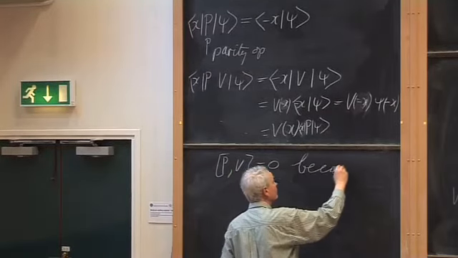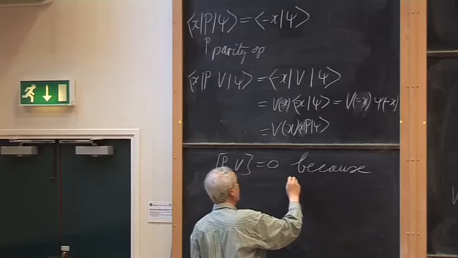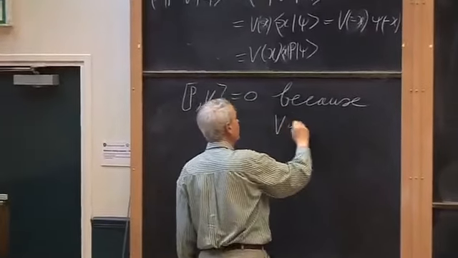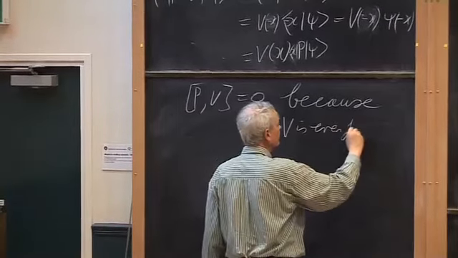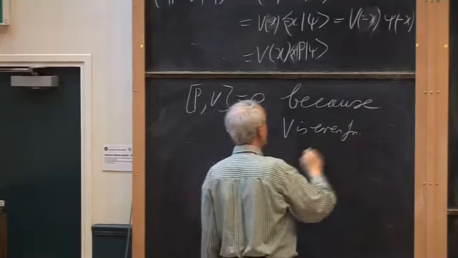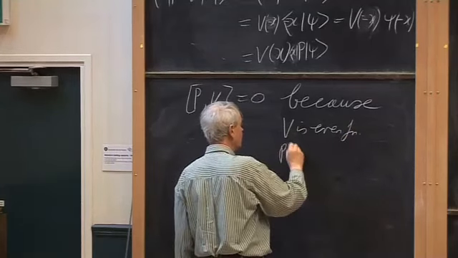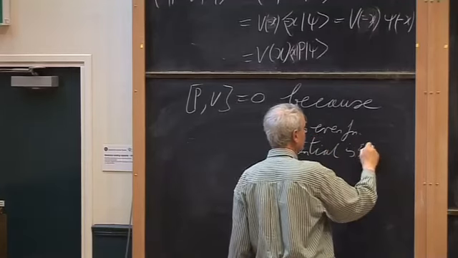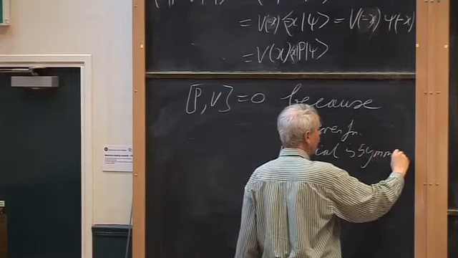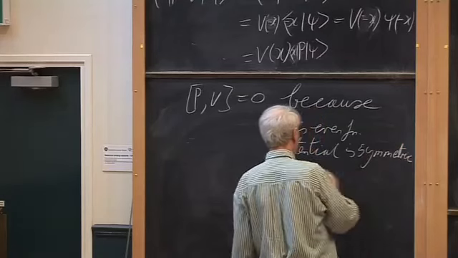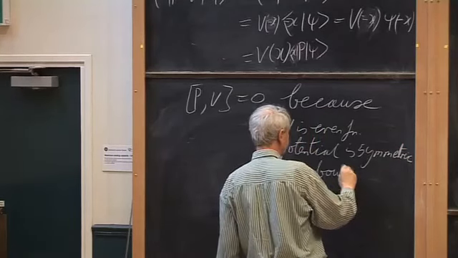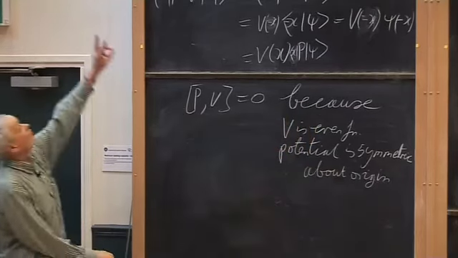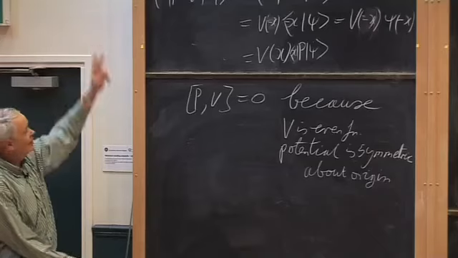Because this is rather a rigmarole, I have to admit. P commutes with v because v is an even function, which is a way of saying that the potential is symmetric about the origin. This is the bottom line. If you have a potential which is symmetric about the origin as an even function of x, then it commutes